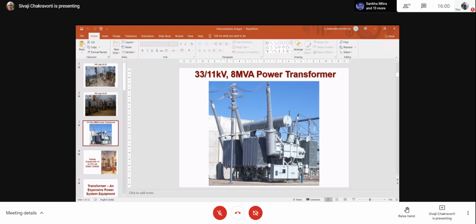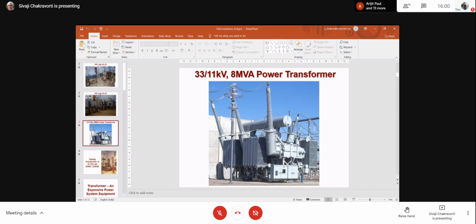Quite good. Now, why is this conservator tank used? Because when heat is produced, the oil may expand, so it gives some extra space. Okay, you are quite correct. Let me explain it this way. This is the main tank, and all our winding is within the main tank. That tank should always be full of oil, because if there is an air gap, that will be serious. But at the same time, you are correct that the temperature goes up and down.